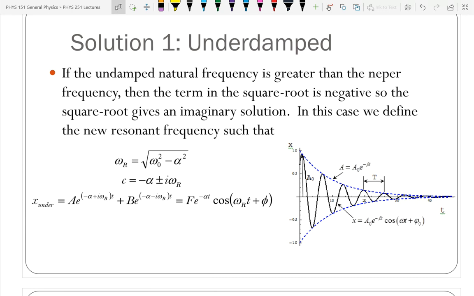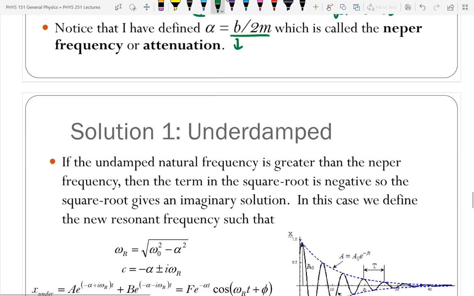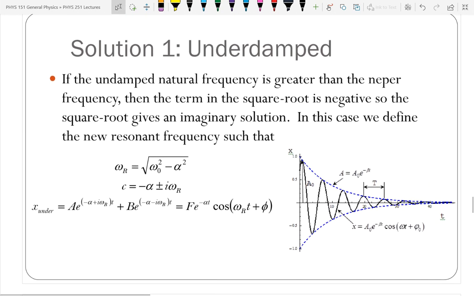And so we define, now if you look at this, you might note, here I have the square root of alpha squared minus omega 0 squared. And here I defined omega r as the square root of omega 0 squared minus alpha squared. Why did I reverse the order? Because I want to factor out the minus sign. So I have imaginary, so that this second term is going to be i times omega r. So this omega r is going to be a real value. And so my solution C is alpha plus or minus i omega r,